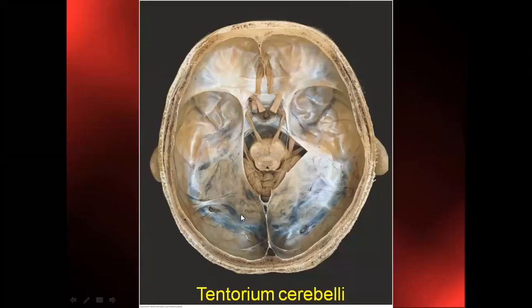This is the tent-shaped fold of dura mater. This area is the petrous part of the temporal bone. Along this margin, you will see the attached margin of the tentorium cerebelli, the petrous part of the temporal bone. And this area is the posterior clinoidal process. So here it is attached in a U shape. The U shape is the free margin, which is attached along the posterior clinoidal processes. The attached margin is along the petrous part of the temporal bone.